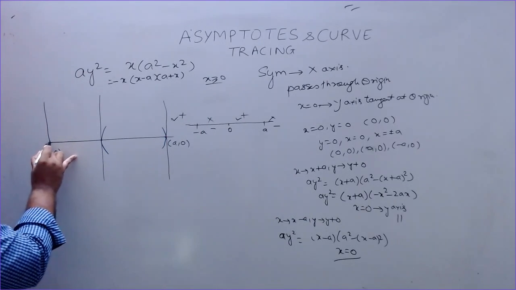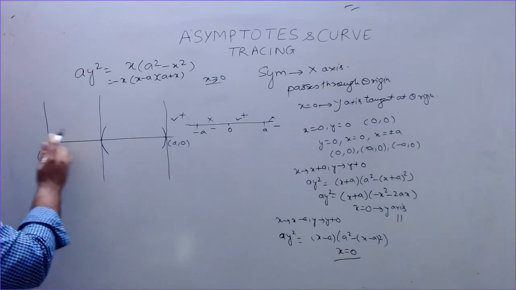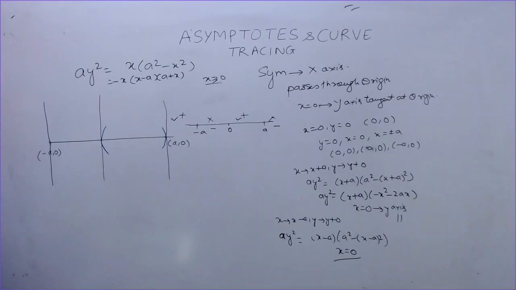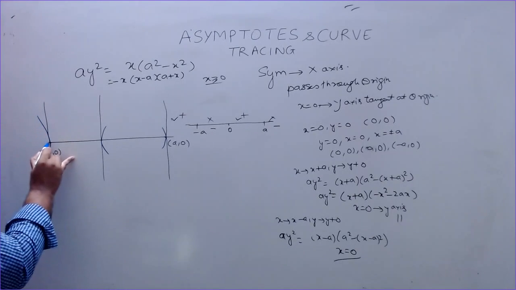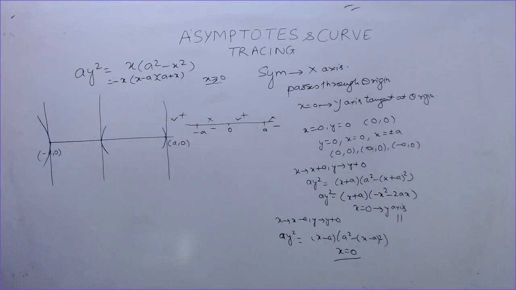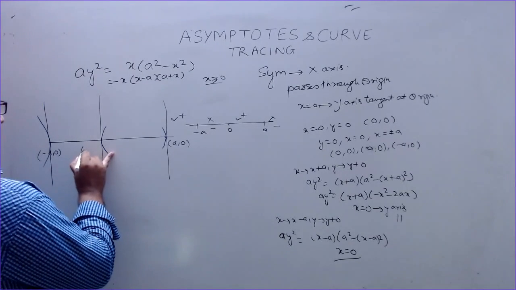So the curve is not existing on this side, and this line is tangent to the curve at this point, so the shape of the curve here will be like this. The exact shape you can draw by writing different values of x and finding different values of y. Now in this region the curve is not existing. For this part, between 0 and a, 0,